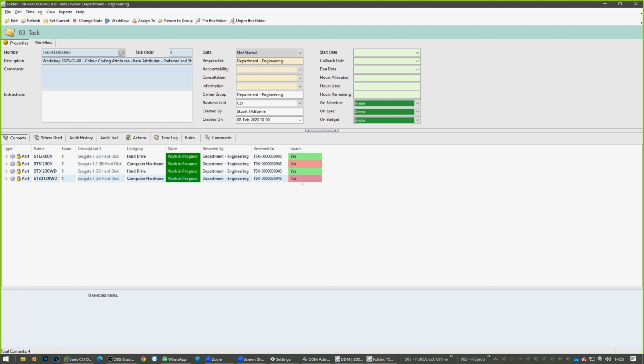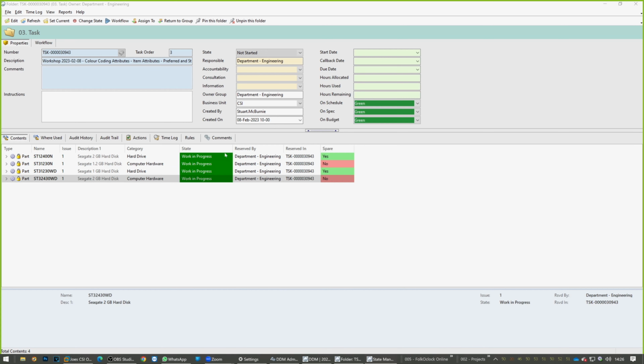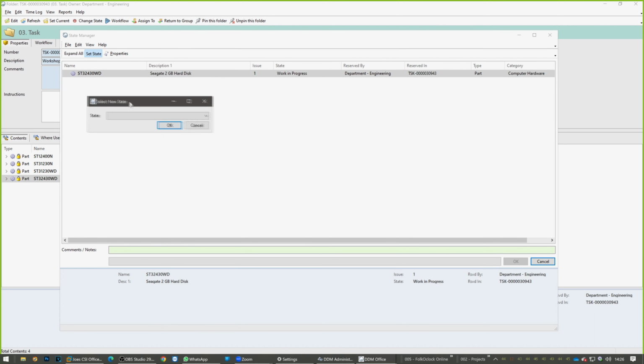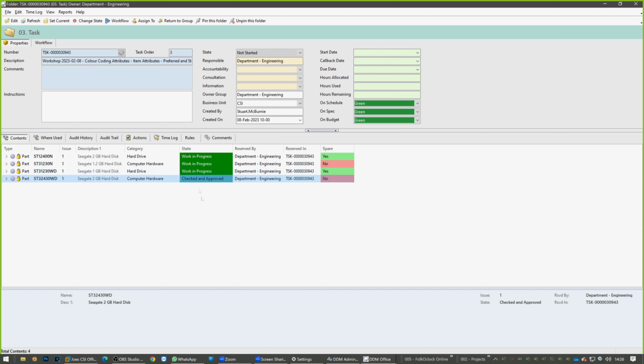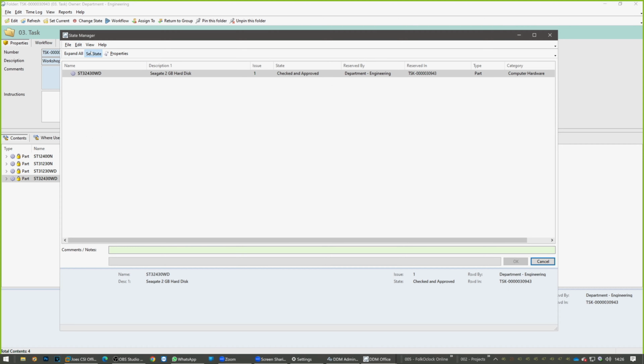So these are color coding attributes against items, whereas the 2 previous examples were color coding attributes against folders and actions. And as you can also see here, I color code the status of my items and follow the same logic on the status. So if, for example, I wanted to change the status of this part, and I set the status to checked and approved, I use a different color, so it's immediately identifiable. If I then change the status to released,